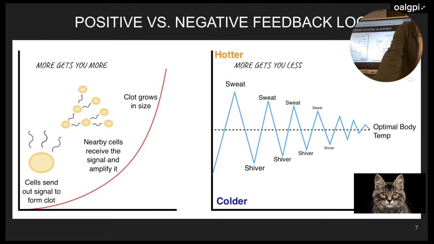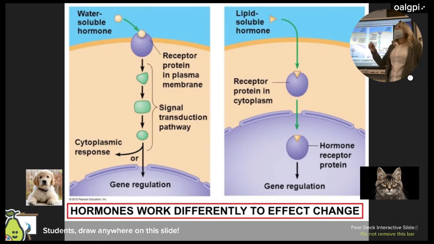All right. Then next we need to talk about the way hormones are able to communicate with the cell. So we had steroid hormones versus what? Steroid hormones are lipid soluble. So steroid hormones versus water soluble or protein hormones, right? And so steroid hormones, because they're a lipid, they can go right through the phospholipid bilayer, right? They go through it. And so the receptor for steroid hormones is internal to the cell.